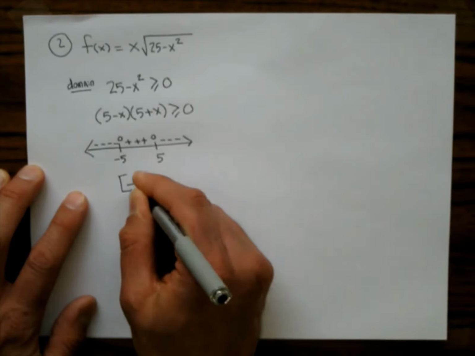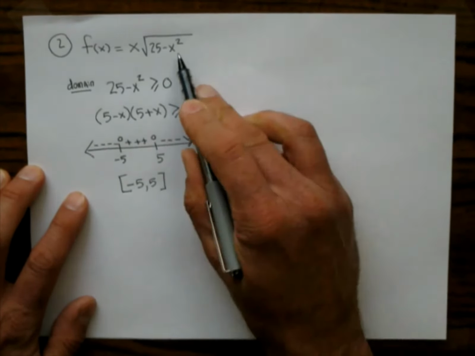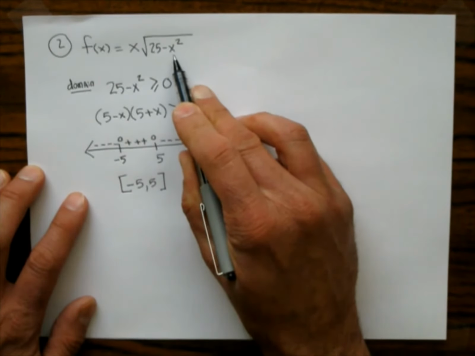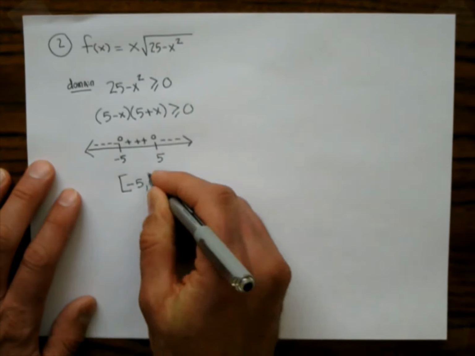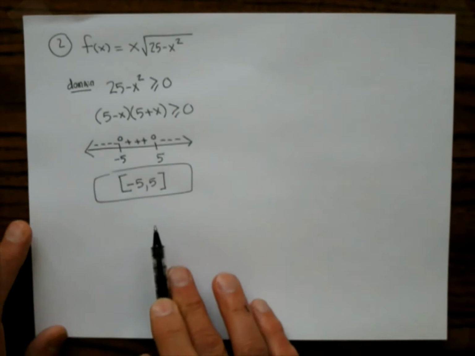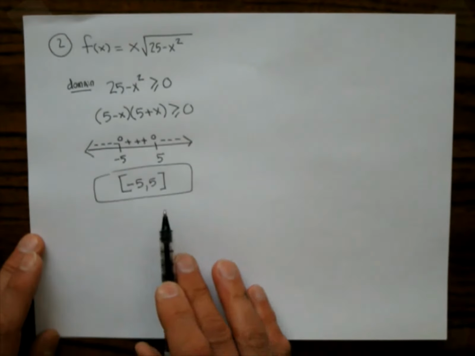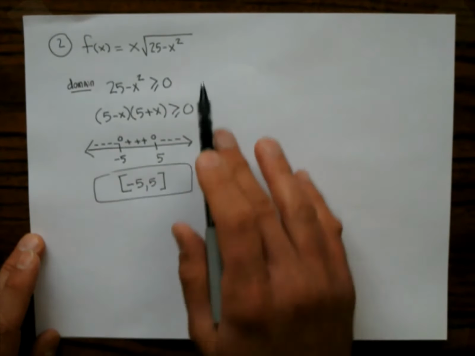So -5 to 5, including those endpoints, because you could put 5 in here and you can take the square root of 0, which is 0. So there's the domain, which is kind of crazy. This thing's not going off to infinity. When you go to the right or to the left, it's somehow going to stop. And so this is a root